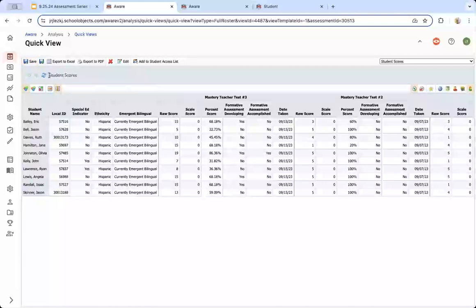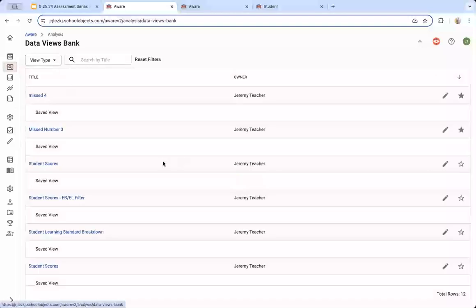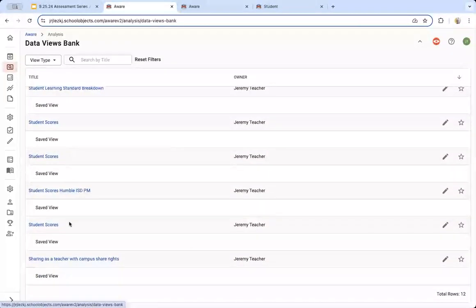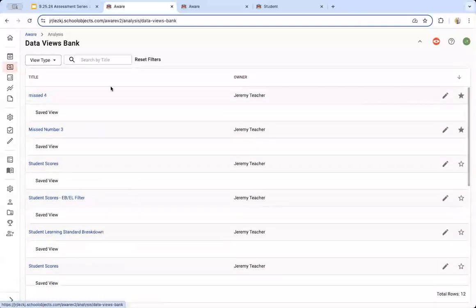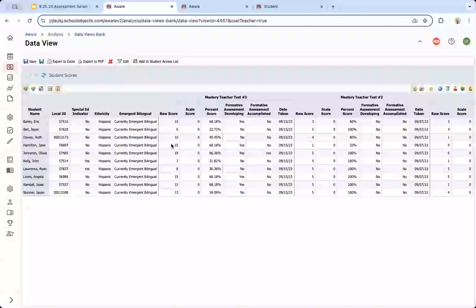And you also notice it's pretty generically named, Student Scores. Well, if I come over to my data view bank, I see student scores here a couple of times because in my demonstrations over time, I've saved a student score base template before. So I'm going to want to rename that quick view before I keep making more data views in my data view bank. Well, this is the one I just made. I know because it was up near the top.